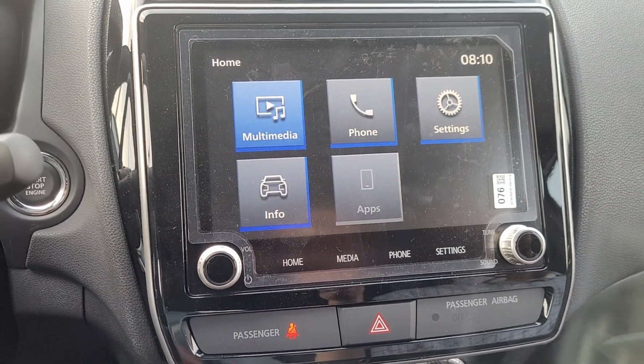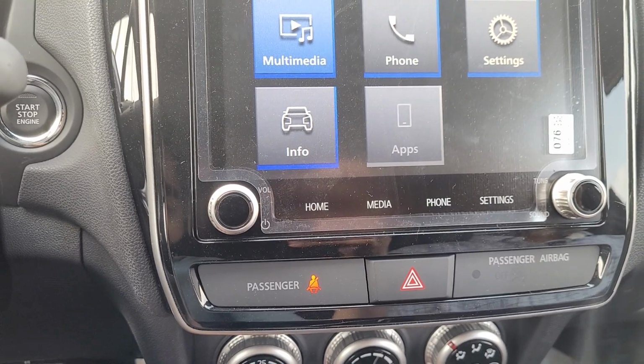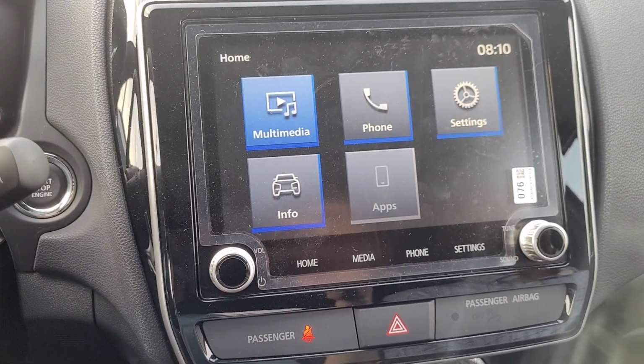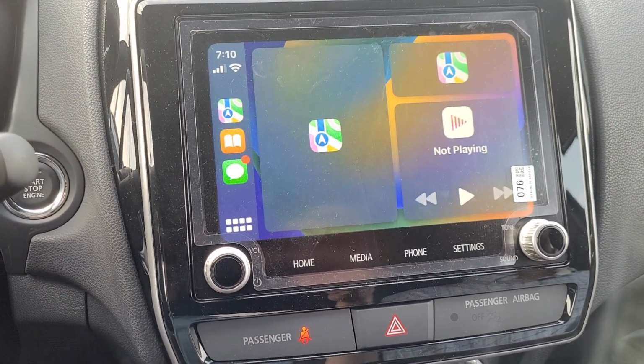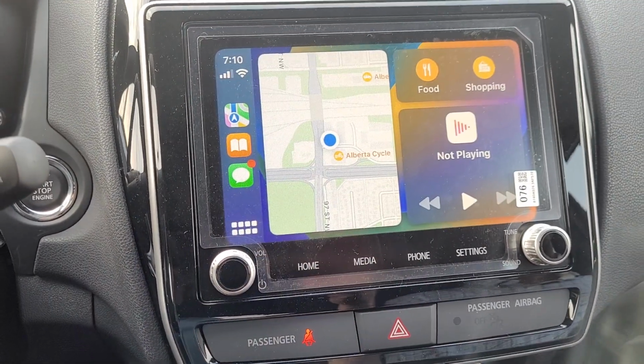First, take the USB end of your iPhone charger, plug one side into your phone, and the other side into the vehicle. Now, the CarPlay option should pop up. If it does not, simply click Home and click the Apple CarPlay button, and here you'll see a variety